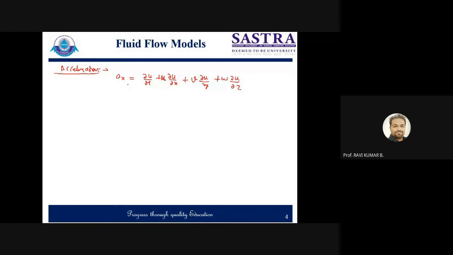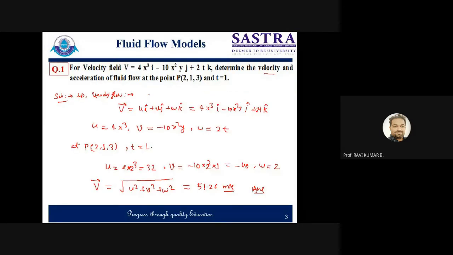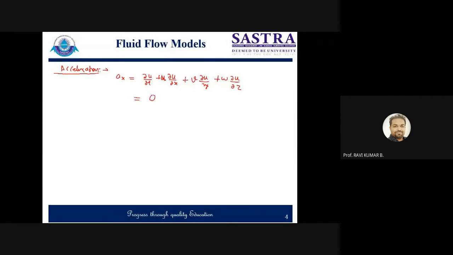Similarly, when you are writing ay, just replace these all with v. When you are writing az, replace these all with w. And these terms will be repeating as they are. So directly I am writing ∂u/∂t. When you look at u, there is no time variance, so this is going to be zero. So the first term, directly straightforward, we can say it is zero, and you just put the value of u, and